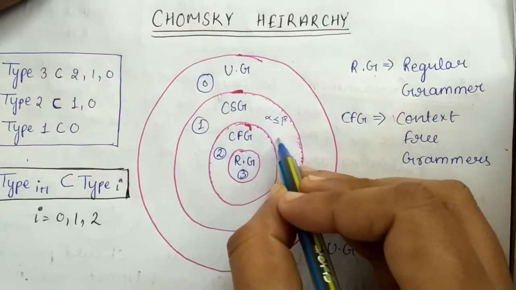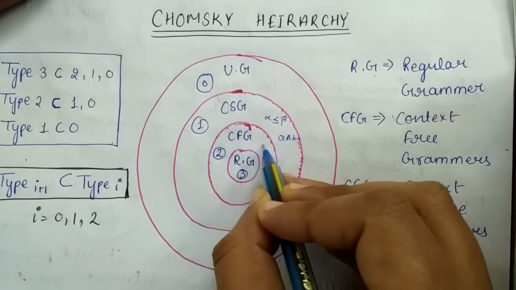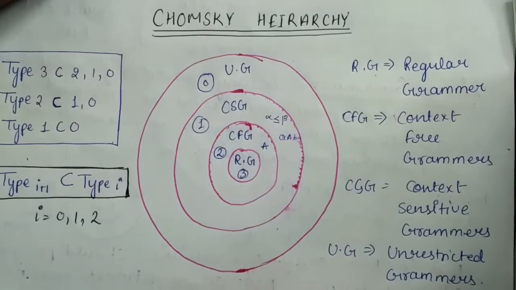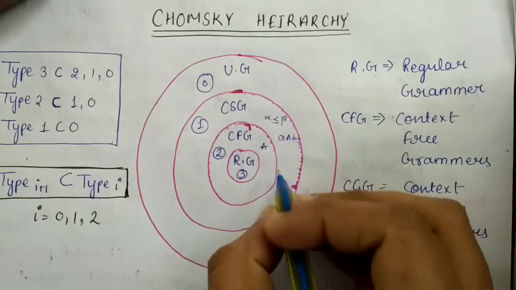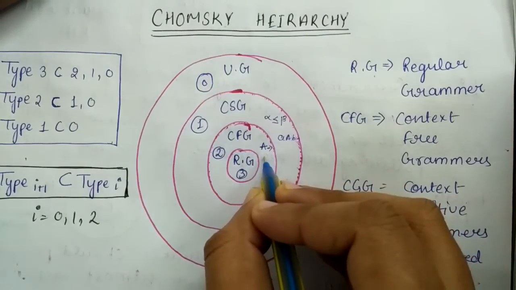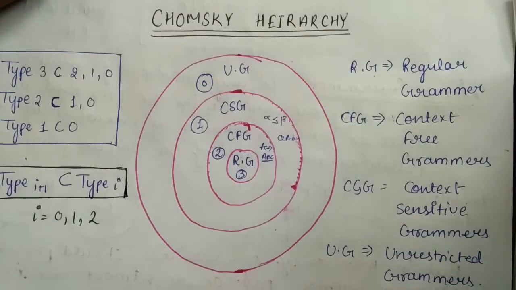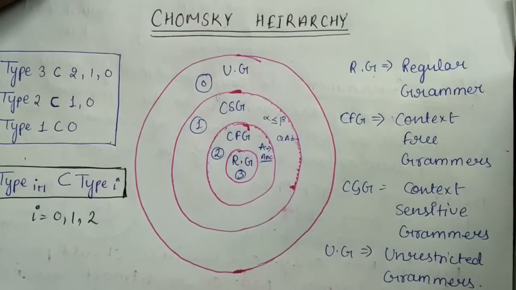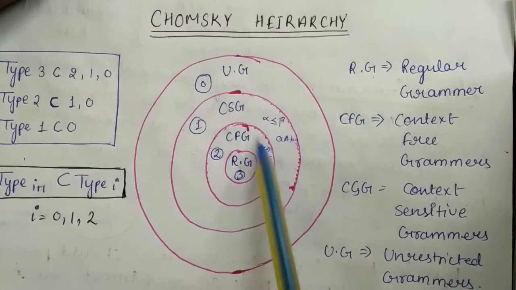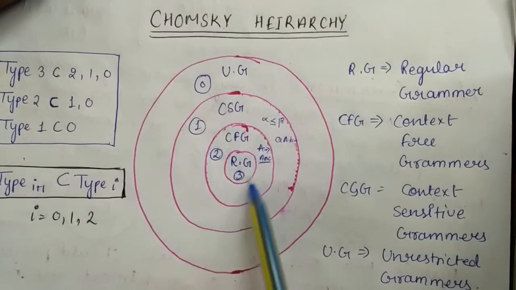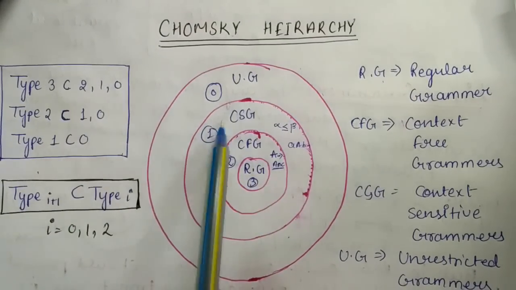Context sensitive grammar was of the form AAB. If we free this variable from having any context, then we derive context free grammars. In context free grammar we can have any value on the right side, such as a, b, c, any combination of variables and terminals. But in regular grammar we can have only left linear grammar and right linear grammar. So if we put some restriction on context free grammar, then we derive regular grammar. So type 3 is a subset of type 2, 1 and 0.